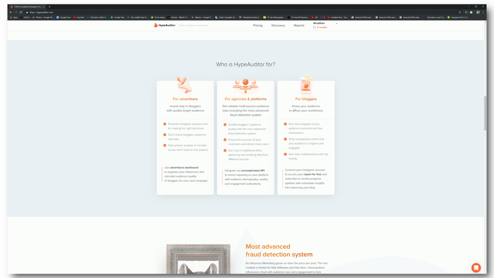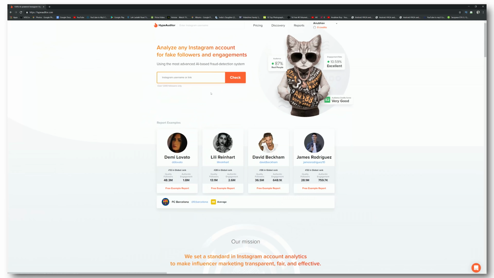And it's really one of those tools that you don't really know you need unless you use it once. I have been on and on searching for different pages, analyzing different people, even my own page, and just finding out what I can do to improve my Instagram game. And I'm sure you guys will find something of value in this as well.